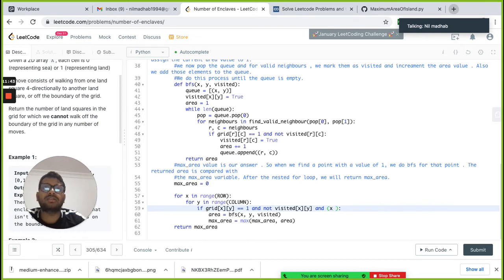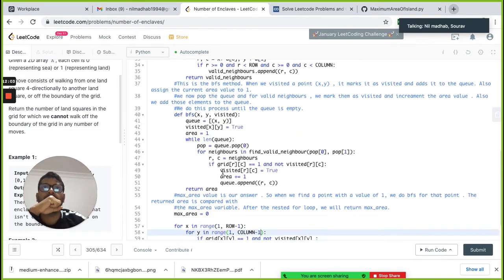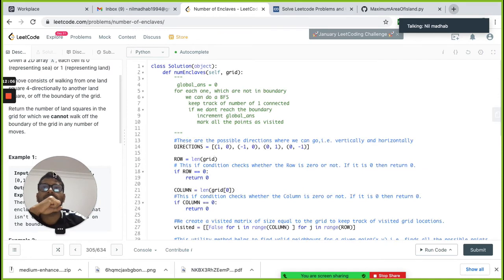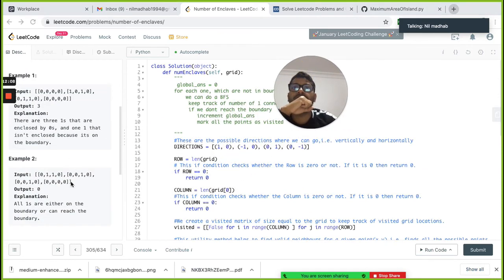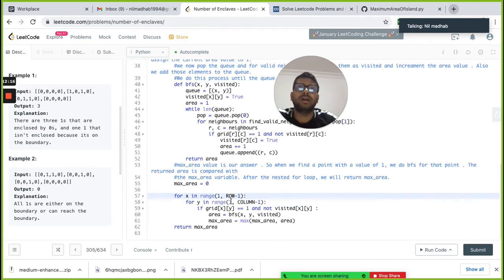We can do one simple thing: go from 1 to row minus 1 and 1 to column minus 1. That will be enough so that we won't reach the boundary. If we have this matrix, we will just not take the edge ones.